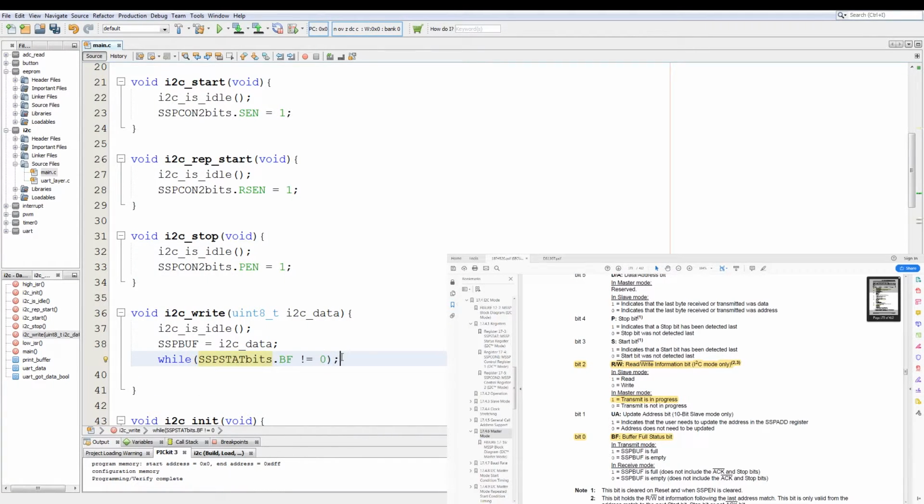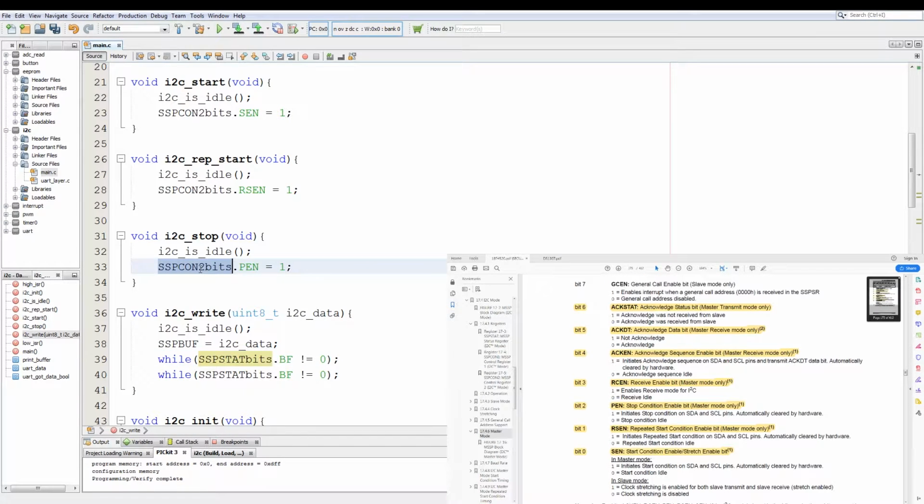And we have our secondary check, which is SSP2CON2 bits member ACKSTAT is not equal to 0. What the write does is check if idle, load data into the buffer that's going to be clocked out to the slave device, check when the buffer is empty, and check if the device has acknowledged the data. It is possible to hang the bus with this if you write incorrect data, so power on reset will be your best bet to get it working again.